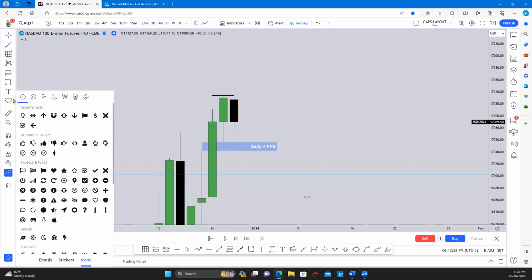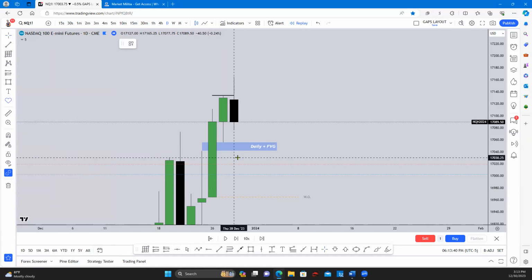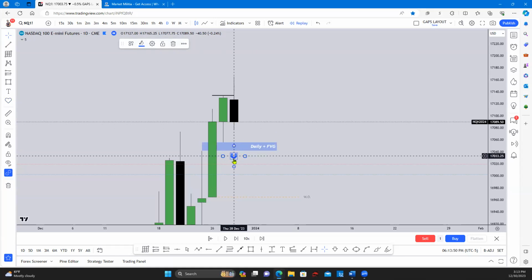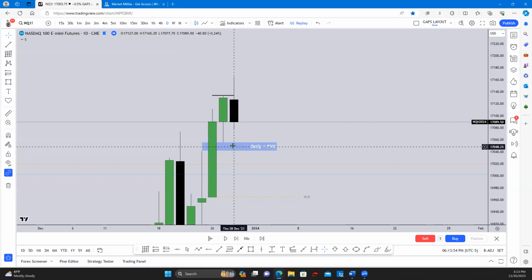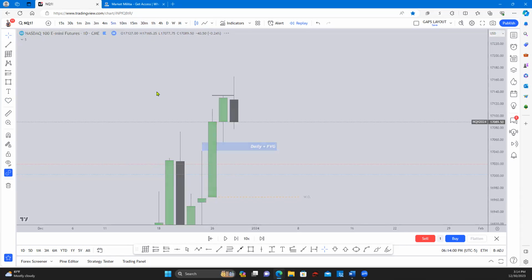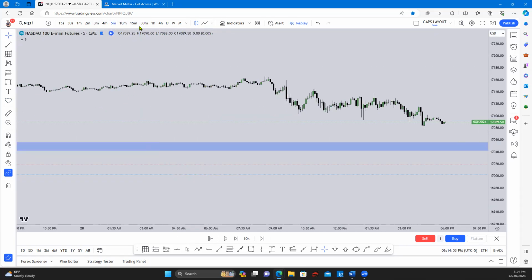Meaning this is likely my draw on liquidity. Everyone in my Discord knows the magnet. It's a famous inside thing. So the magnet, this is our draw where price is going to want to be pulled to because there's inefficiency here to balance, right? So if we drop down to 5 minute,